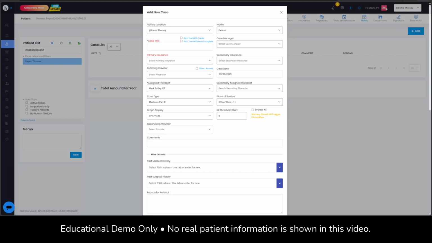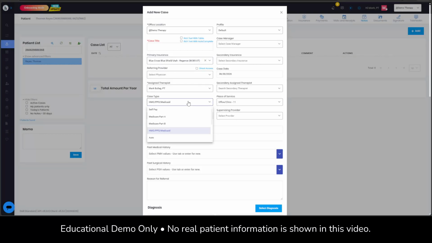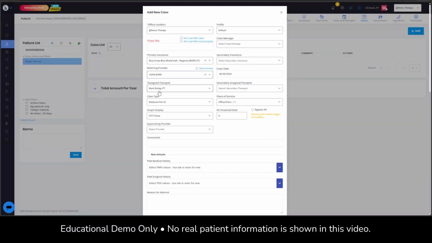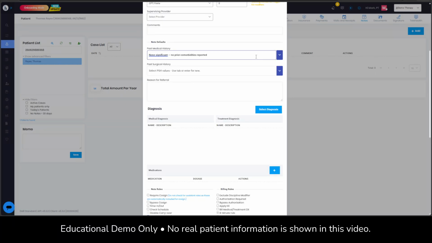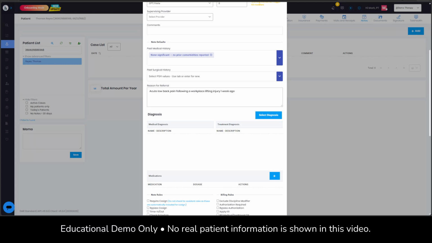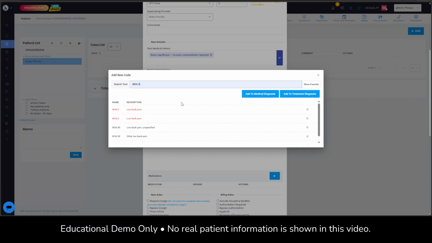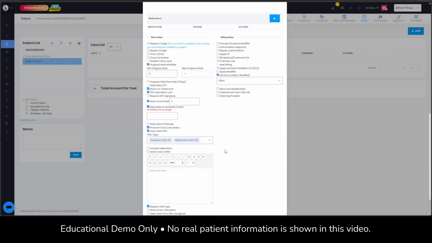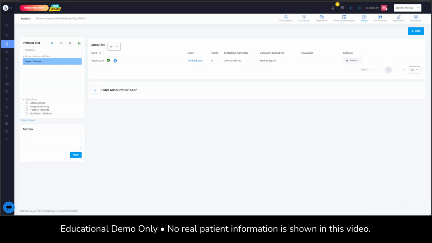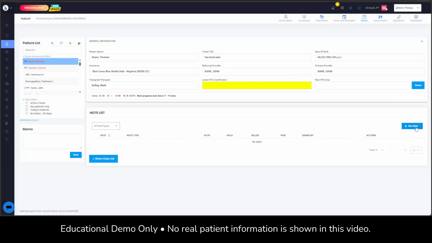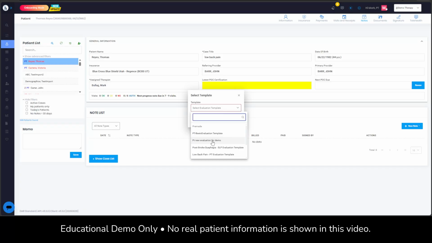Set the profile to basic, enter the case title, select the primary insurance, and assign your physical therapy therapist. Add the past medical history, reason for referral, and diagnosis. Making sure to add the diagnosis to both medical diagnosis and treatment diagnosis. Save the case. Now open the note list, click the drop-down arrow on New Note, and this time select Pick